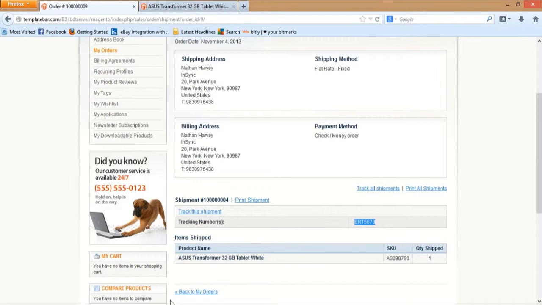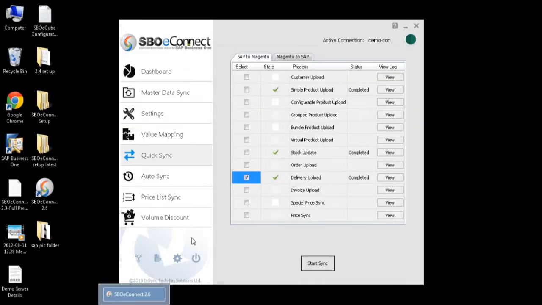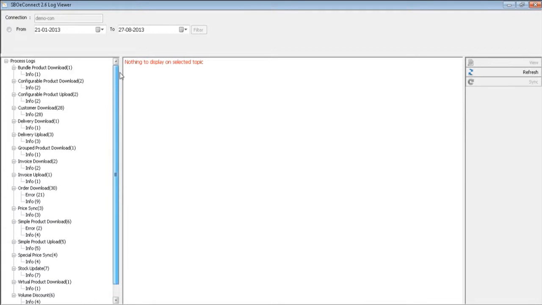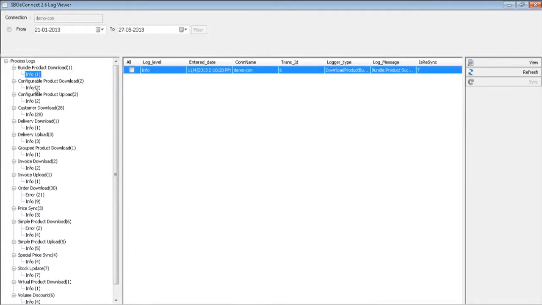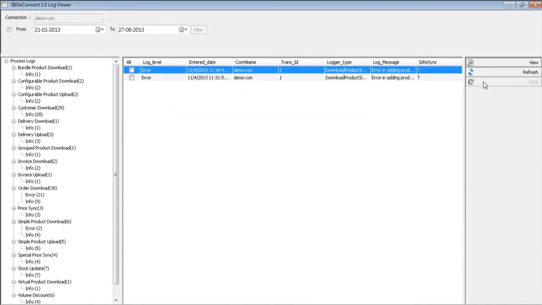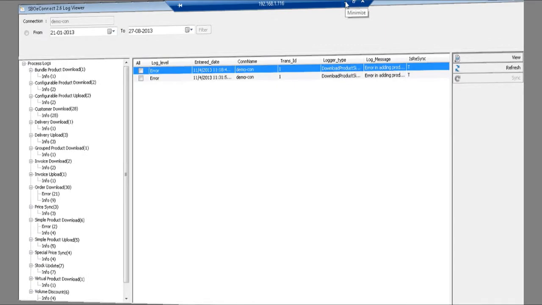If any error happens within the sync process, that will be recorded within our sync and error logs. So every sync process will have this kind of log associated info, as well as the errors will be listed in this section. So in that way you will have a detailed idea what error had happened and how you can eliminate that error. And after that, once you have eliminated the error, you have the option to resync the data from this sync log as well. So this is the basic way that SBI Connect sync processes work.